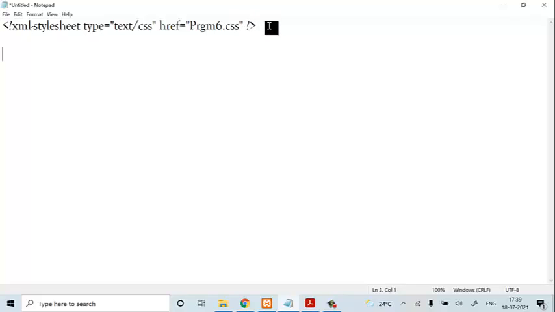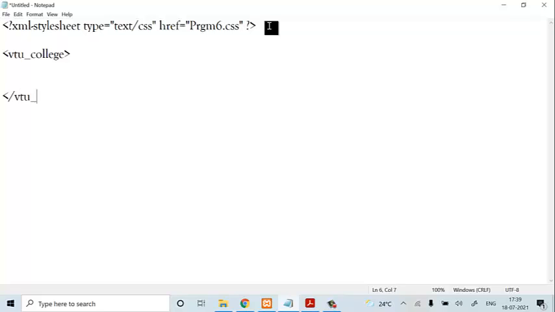Now here we are going to create the details of the student. So first I'll be writing a parent tag here. I'll write VTU_college, VTU_college, where this will be an opening tag and the same thing will be your closing tag.